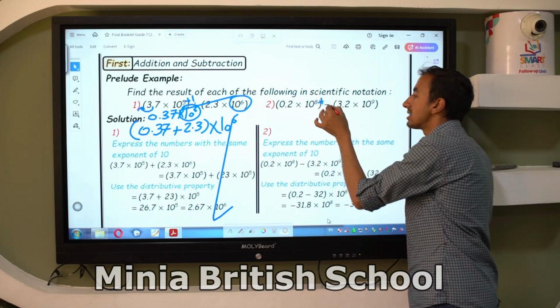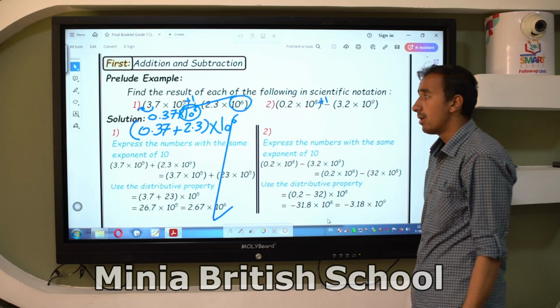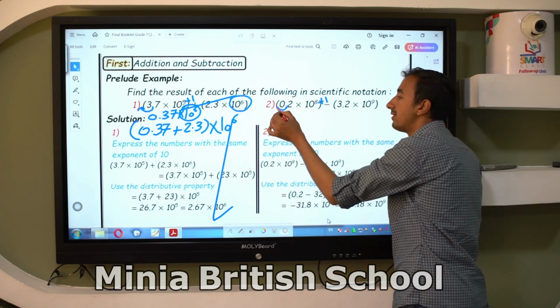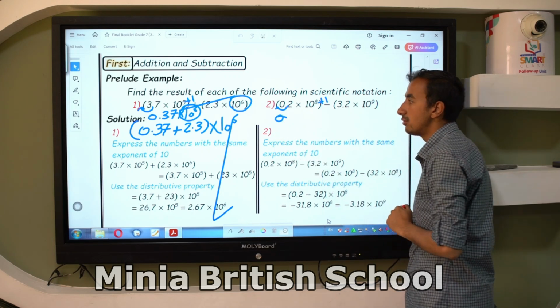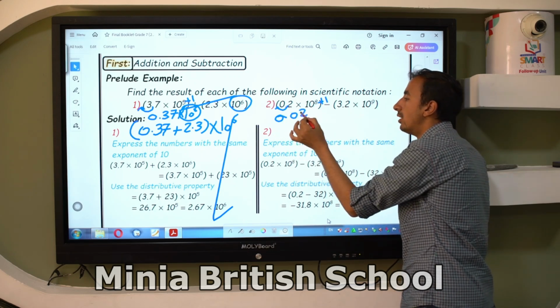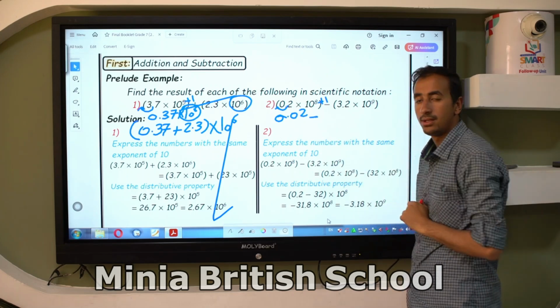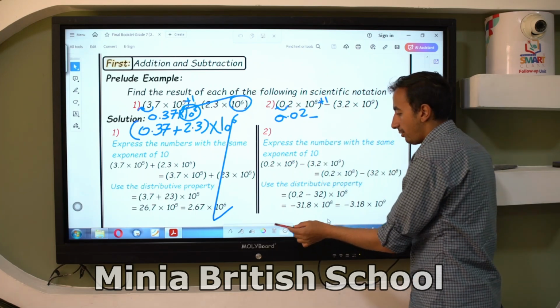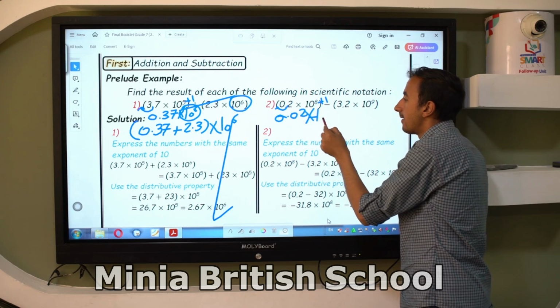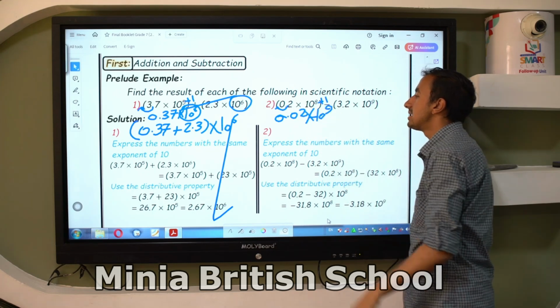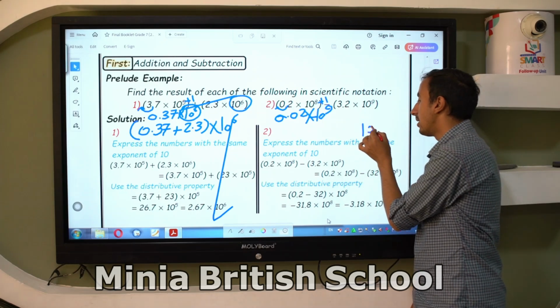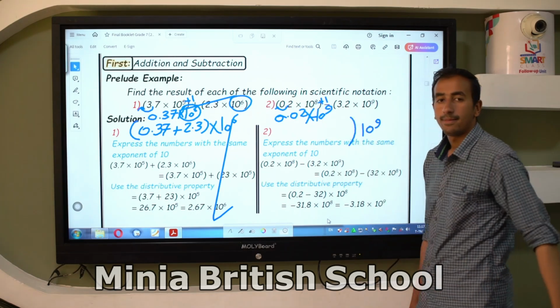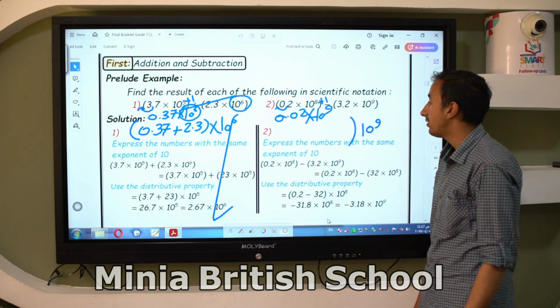I can write plus 1. Plus 1 here, you can move the decimal point: 0.02 times 10 power 9 minus 3.2 times 10 power 9. I can take 10 power 9 as the outside of the brackets, and write here